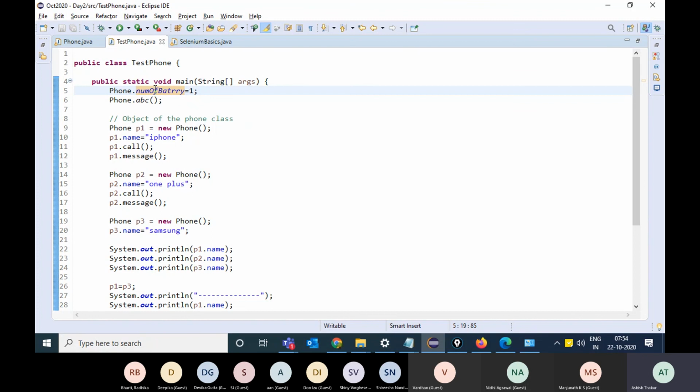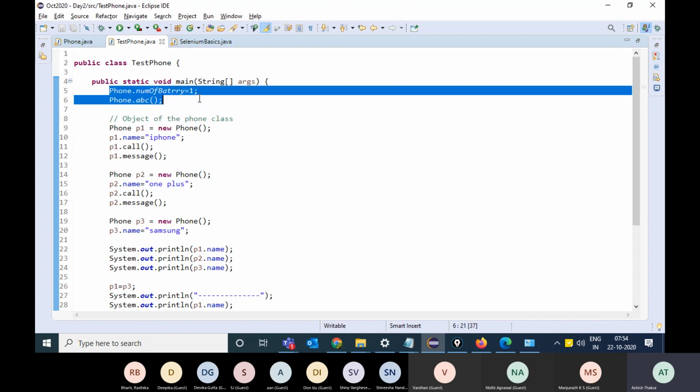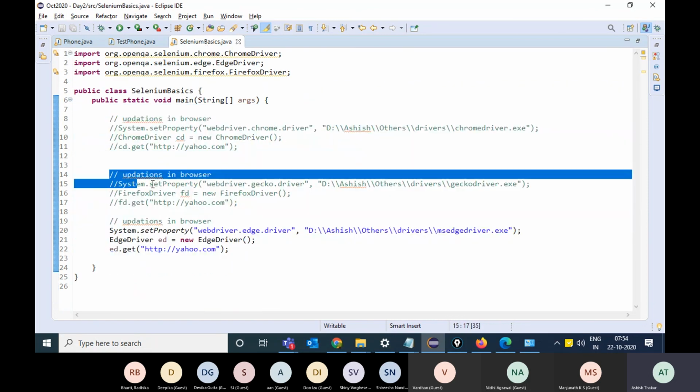We avoid using static, especially in parallel execution, because it creates problems if you have static variables in your project. But yes, static can be used to create constant files and all. I will tell you about constant files as we proceed. So definitely it is not that static is not used. It is used, but majorly we work with non-static stuff only.